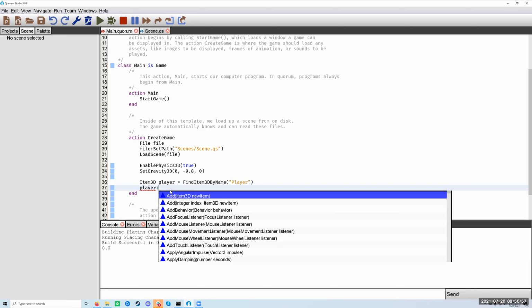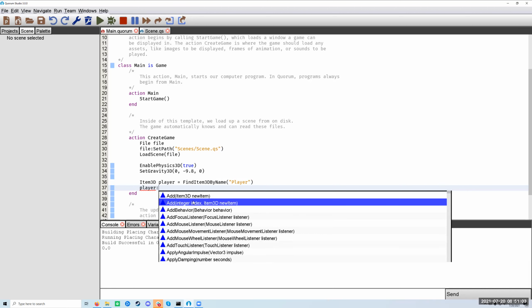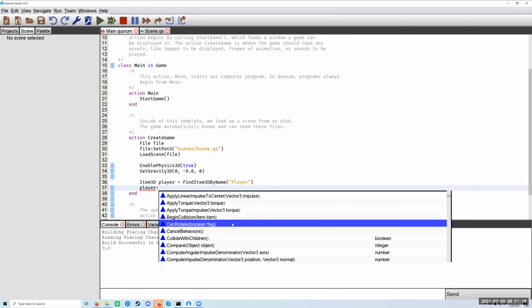There is a function that's used to indicate whether or not it can rotate. And if I just start looking through code completion, there are a lot of physics related things in here and a lot of not physics related things in here. Just scrolling through, some of the things I can see that appear to be physics related include applying angular impulse, apply damping, apply force, apply linear impulse, apply torque. This right here